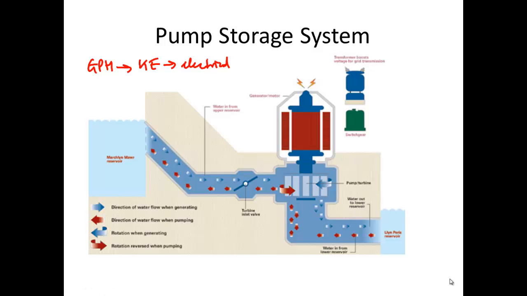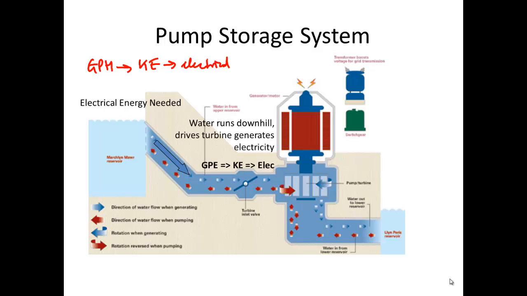Let's look in a bit more detail at the pump storage system. The gravitational potential energy is turned into kinetic and then electrical energy. So first of all, you need some electrical energy. Then water runs downhill, and potential energy turns into kinetic energy. Then this kinetic energy makes the turbine turn, and that produces electrical energy. So you're able to produce your electrical energy needs by changing gravitational potential energy into kinetic energy, which turns into